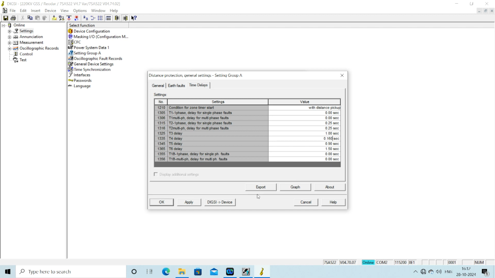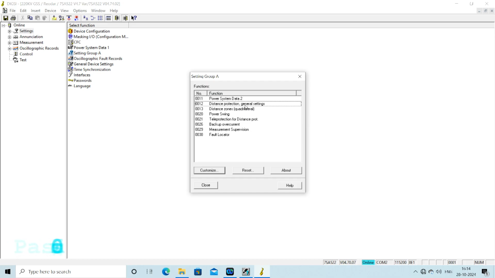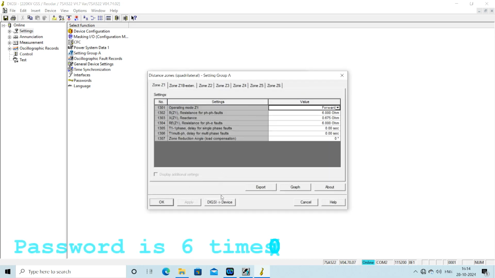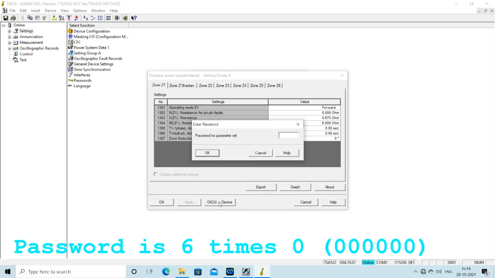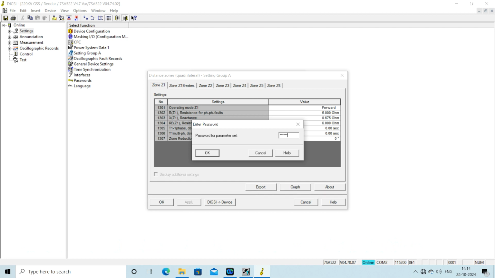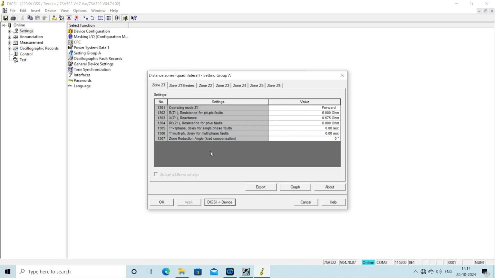In that case, it will ask for a password, which by default is 3 times 0. Now I have clicked on this and I am putting the password, that is 3 times 0, and the settings are gone to the